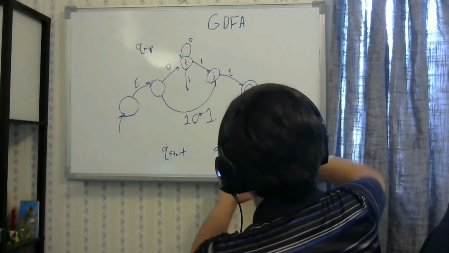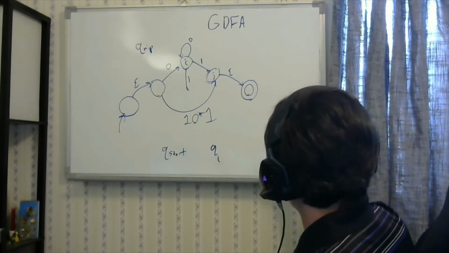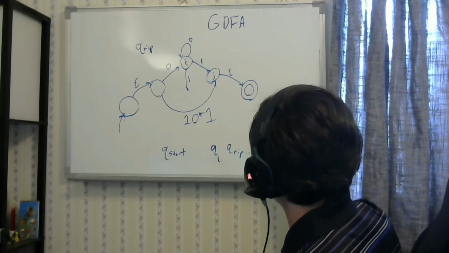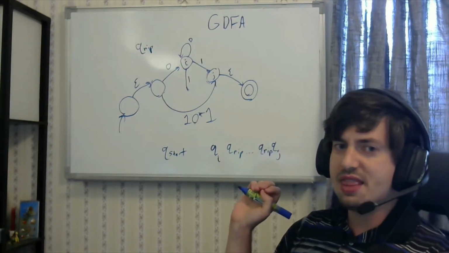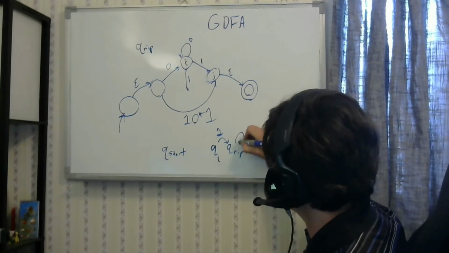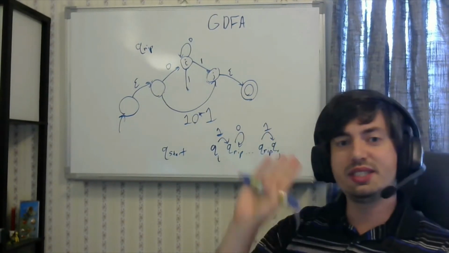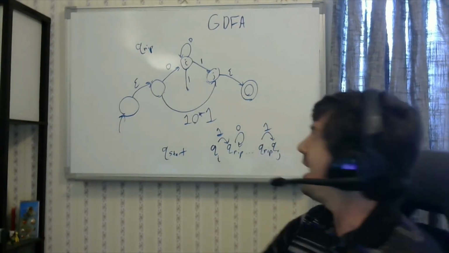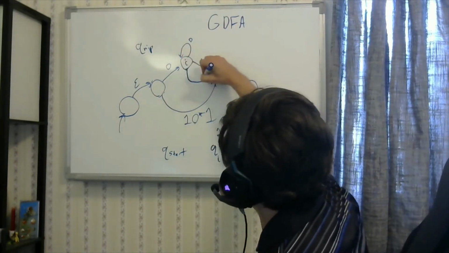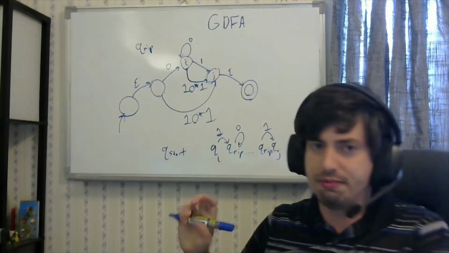So in this case, we'd go back and say, okay, great, again, we have our new state I, we have our new state J, we'd have some number of copies of the RIP state in between them. And then we would say, okay, what got us in? It was a 1 again. What looped us? It was always a 0. What gets us out? It is still a 1. So it's the same example that we had before. And so what we can do is replace this whole thing with a new edge, similarly to what we had before, of 1, 0, star, 1.